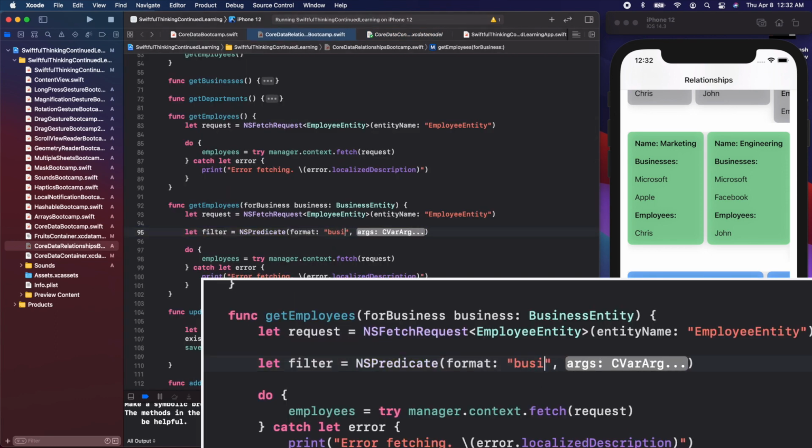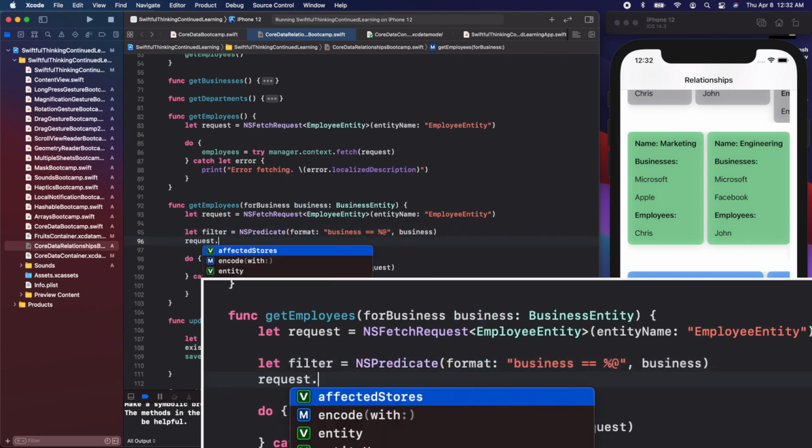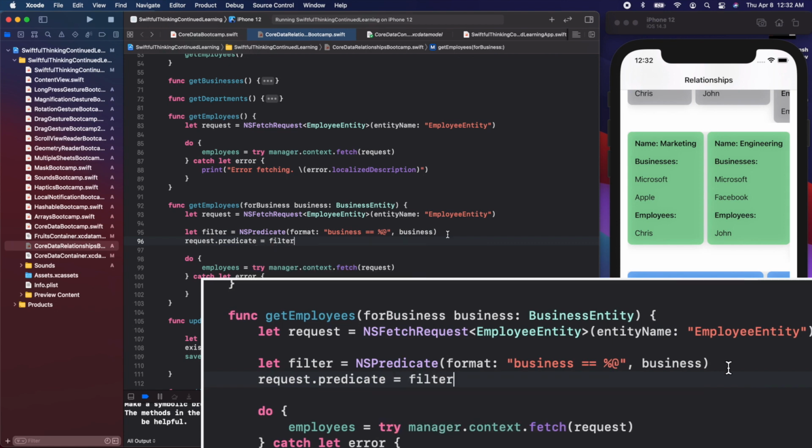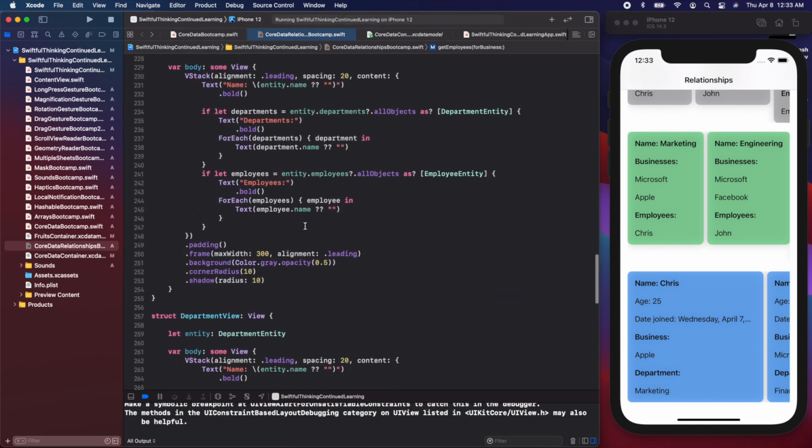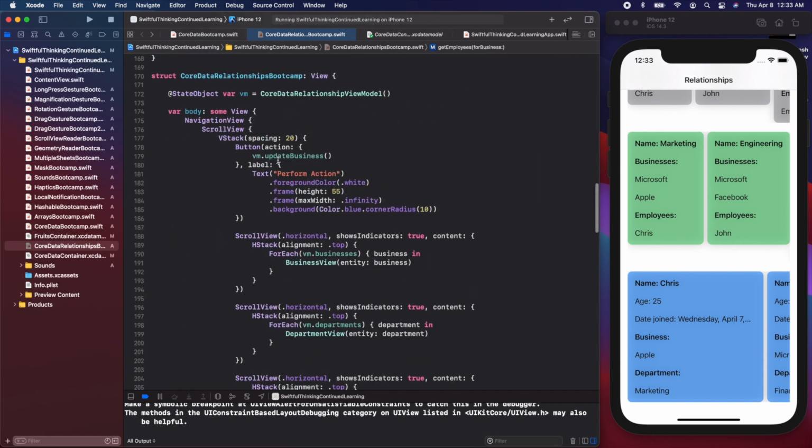So here we'll say business is equal to %@, and we will pass in the business from our function into here. Then we just need to call request.predicate is equal to this filter. And finally, let's call this function from our button. So scrolling down, in the button, I'm going to call